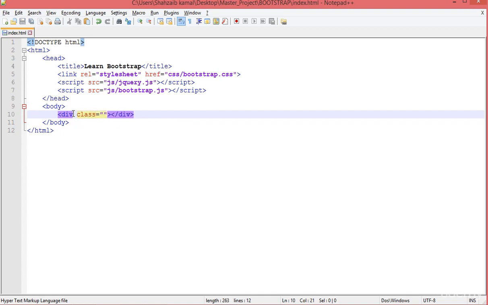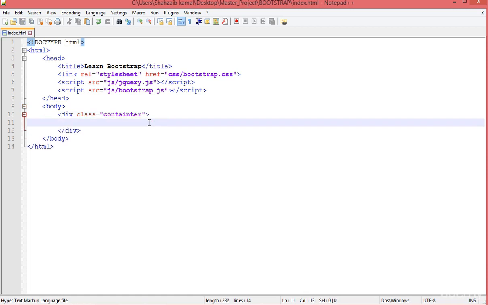We generally add IDs for this purpose, the ID of container or wrapper, etc., but I'm just making it container. Now, is this any class in Bootstrap 2, the container, or do we have to create this one? What we do with this container, we only make the container for keeping the content in a sequence, or basically in a main div,